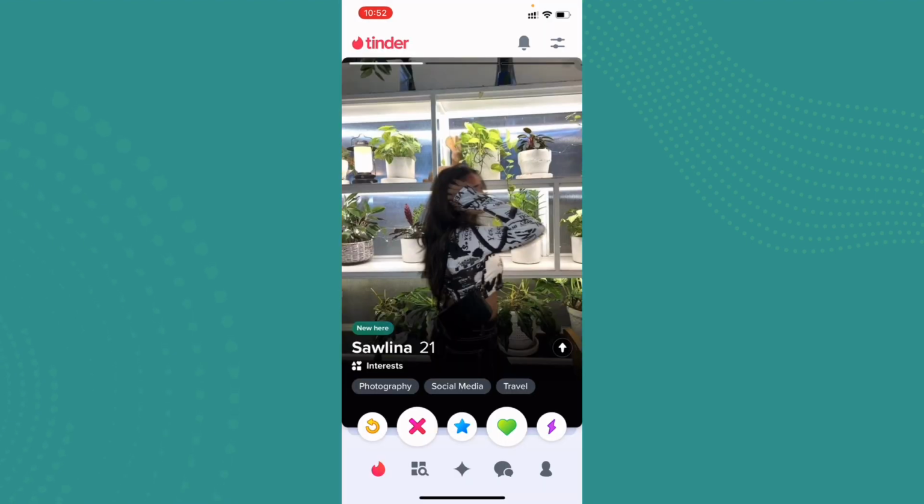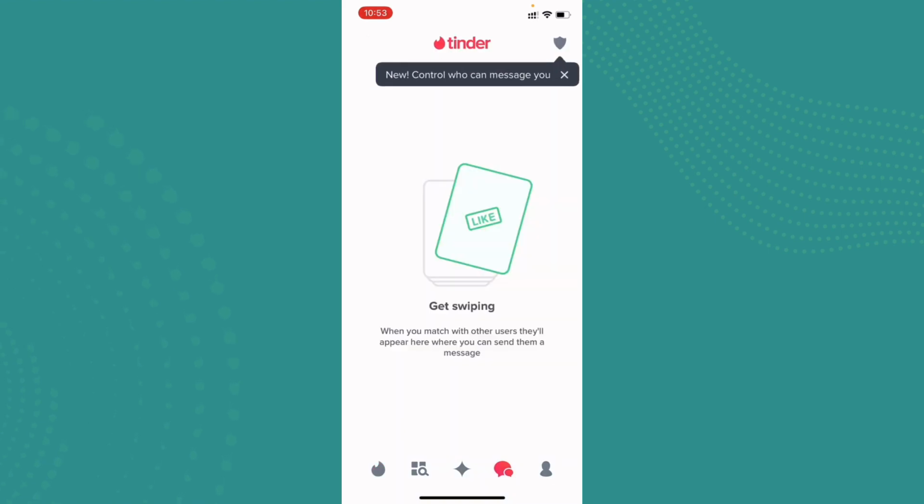Now in order to ask for a date, what you're gonna do is simply go ahead and tap on the chat section, which appears on the bottom line of the screen. So once you tap on chat, all the chats will be available in here. You can see all the persons that you have matched, and in order to ask them for a date, what